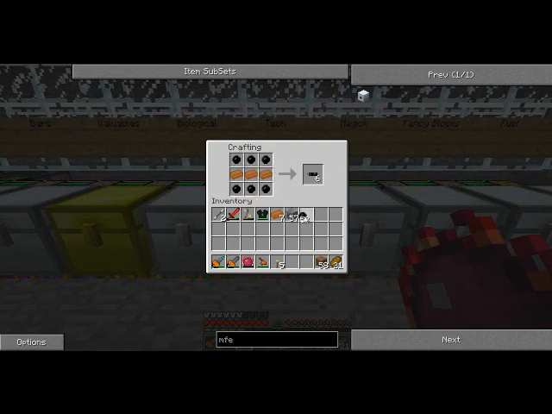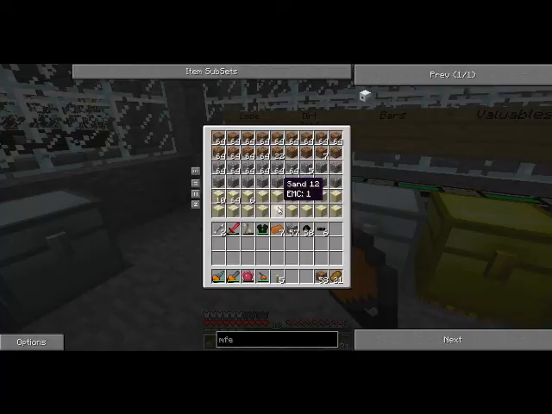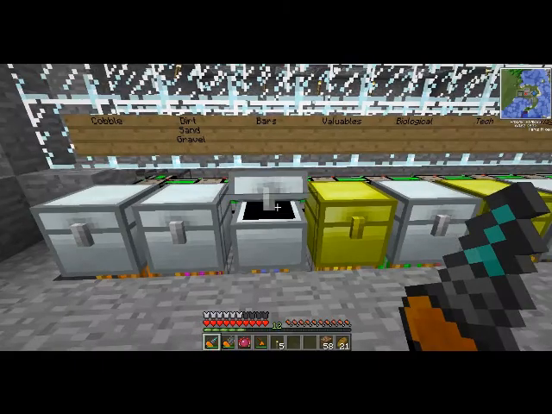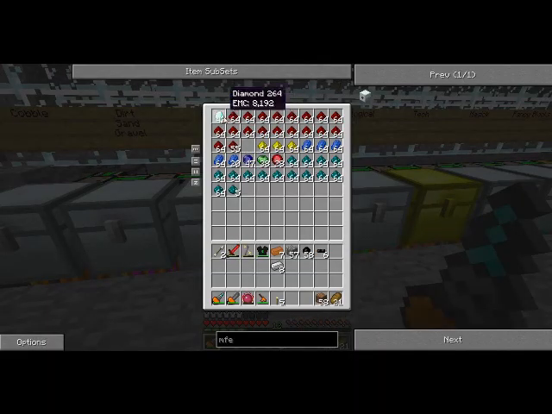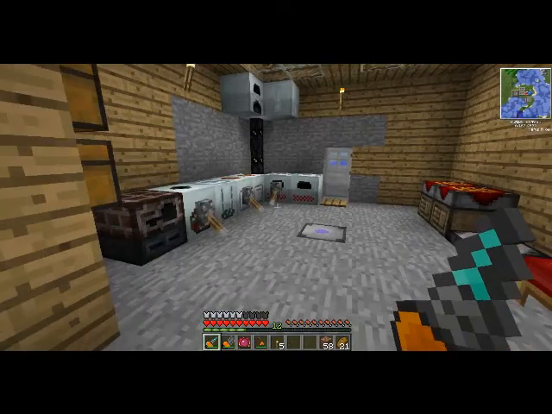So, just to refresh you guys on the MFE, because it's not that big of a recipe, I just need some refined iron bars, approximately 8 of them, just like that. I'm going to need 4 diamonds, 1, 2, 3, 4. I'm going to need some redstone, just like that. And then I'm going to need...